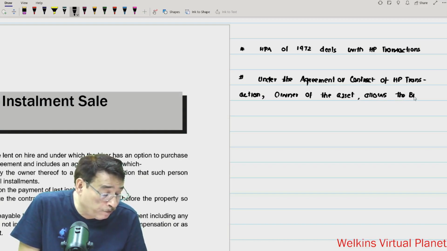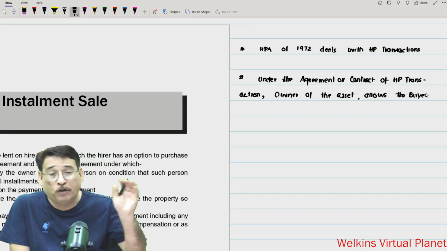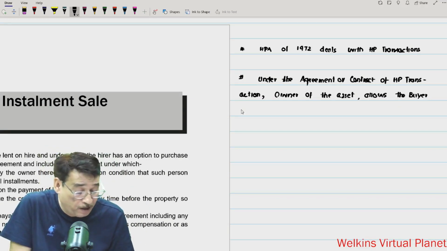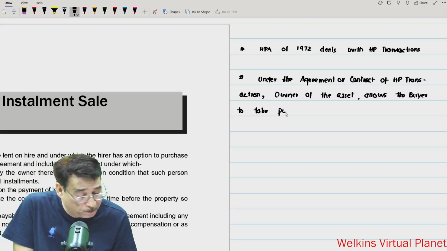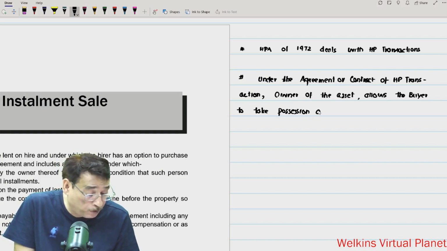As I told you a moment ago, under this agreement the owner of the asset will allow the buyer to take possession of the asset